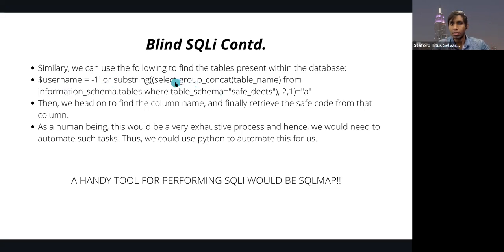So what we're doing is we are selecting the table name from information schema dot tables. So within information schema, we're taking the tables element, and we're selecting the table name from that, where the table schema. So table schema essentially means database. Table name is table name. Table schema, table underscore schema means database. So from the previous